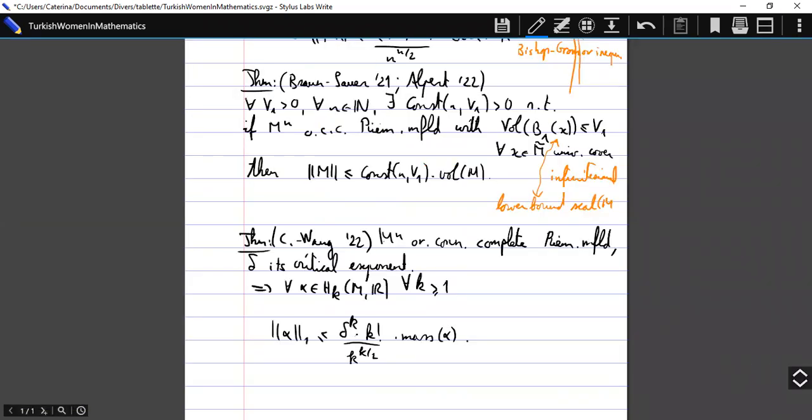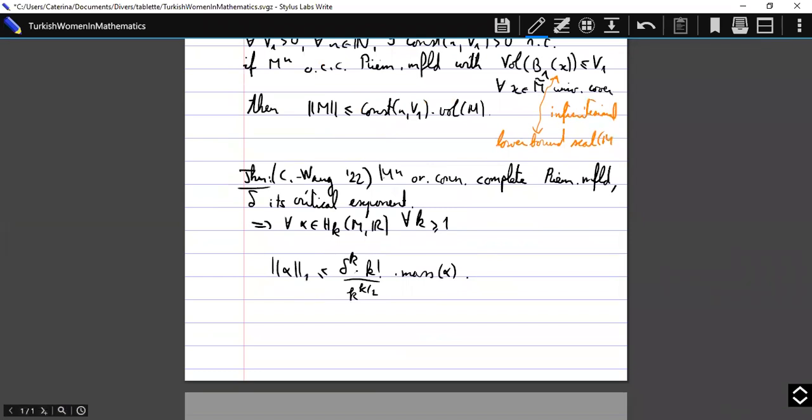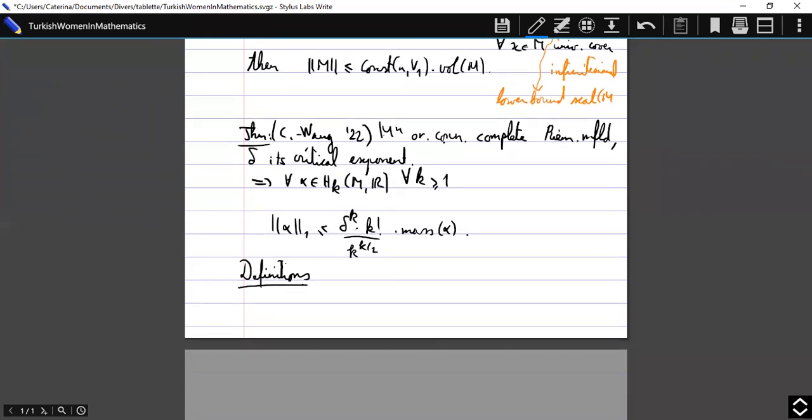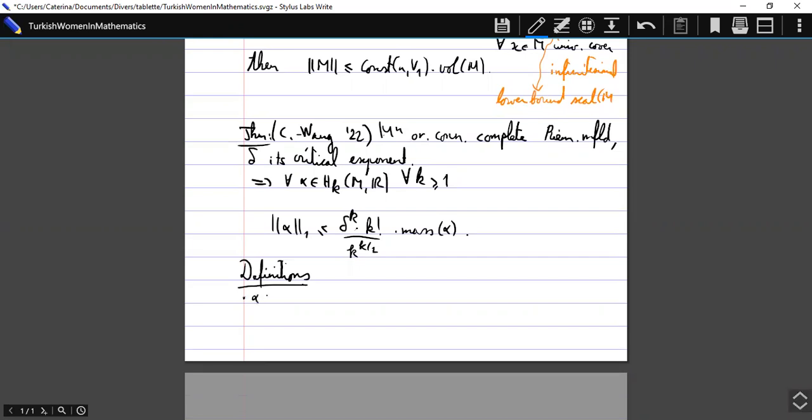And go on. So now I owe you a few definitions. For example, the mass that I told you before I would define. So let me do that so that we know exactly what we're talking about. So we are in this setting. M is an oriented, connected, complete Riemannian manifold. We take a homology class alpha, and its mass